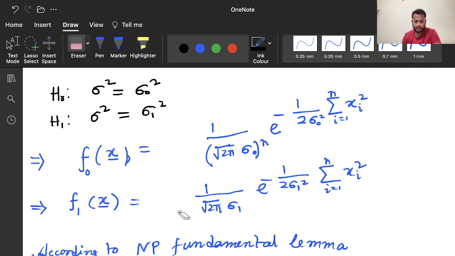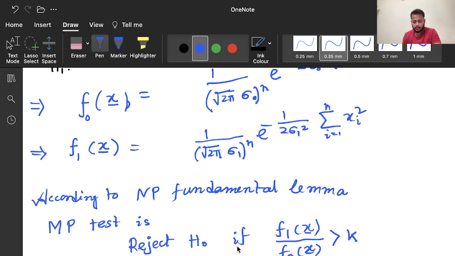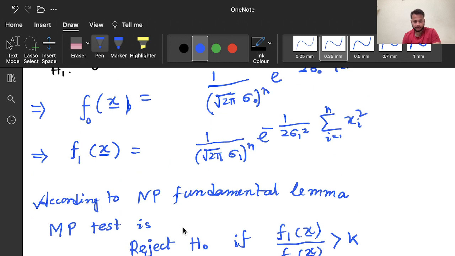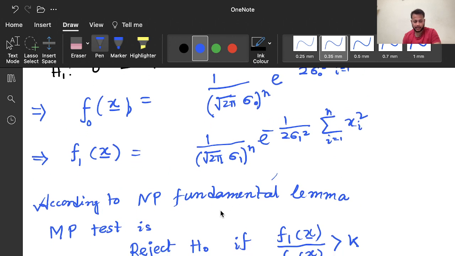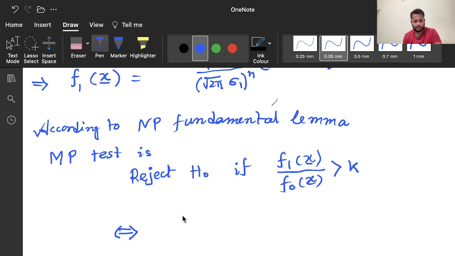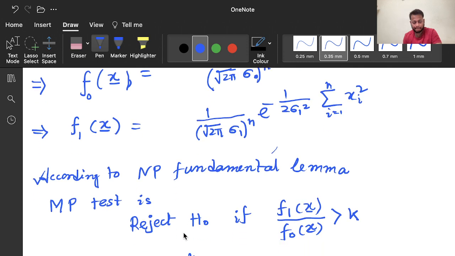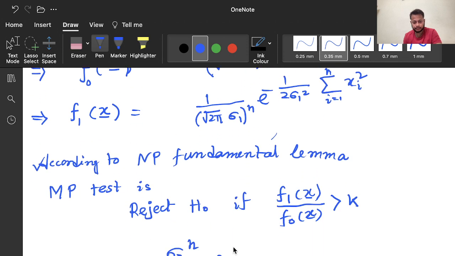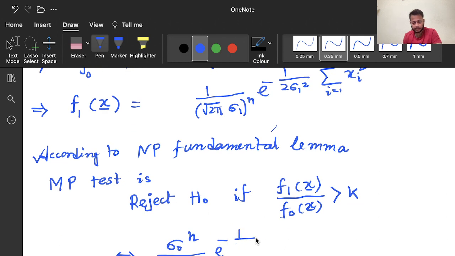this is to the power n, so that means if we divide it, we will get sigma 0 to the power n, sigma 1 to the power n, e to the power minus 1 by 2, so this will be the summation